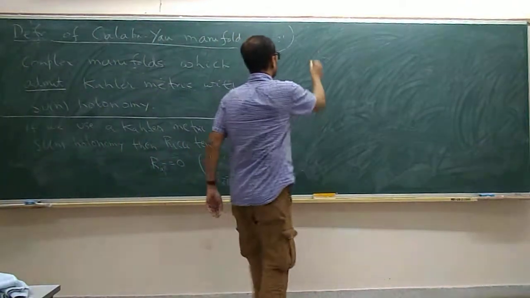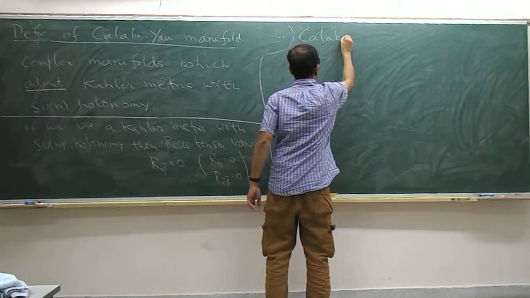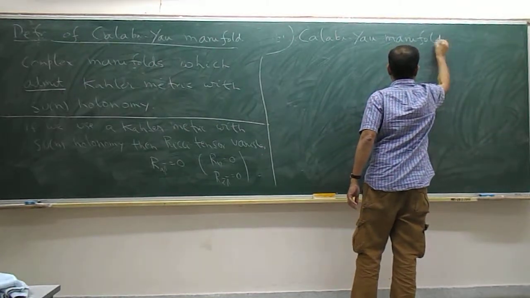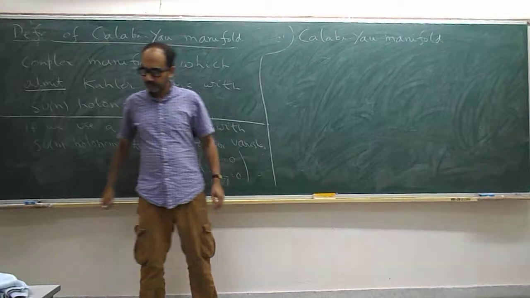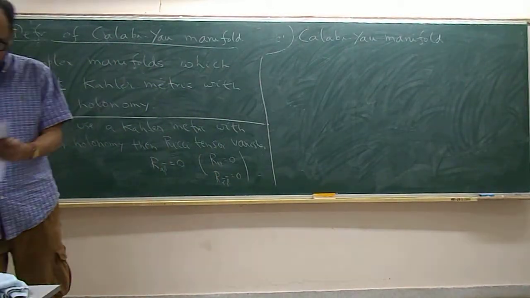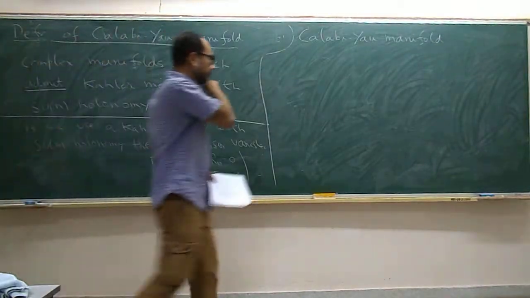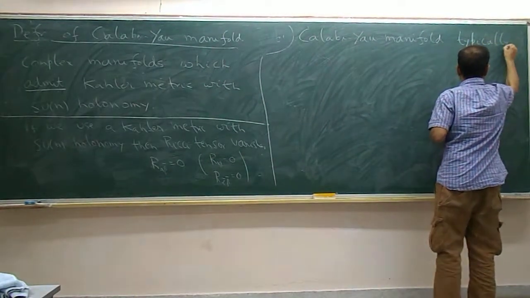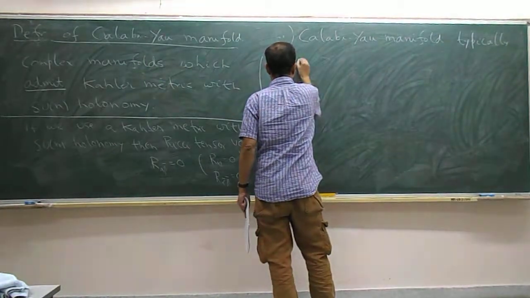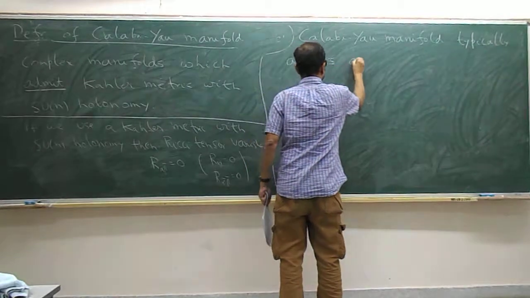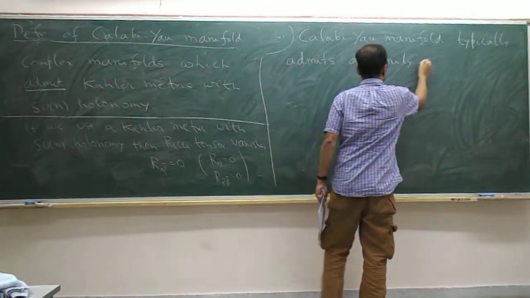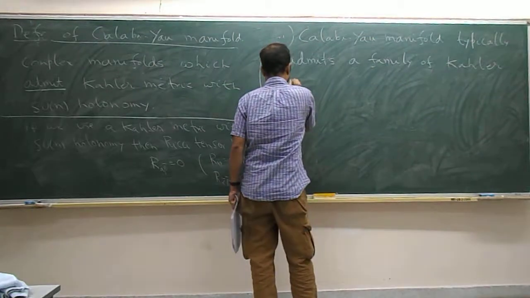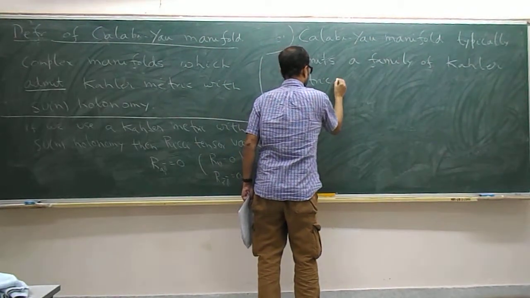Now suppose you have a Calabi-Yau manifold. So typically, what one finds is that a Calabi-Yau manifold typically admits a family of Kähler metrics, each of which